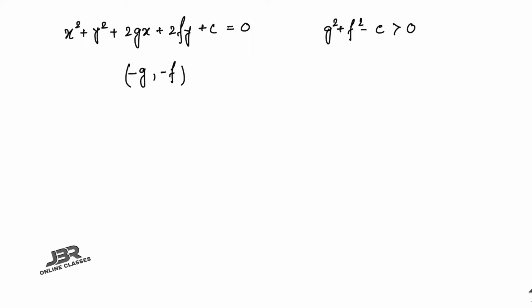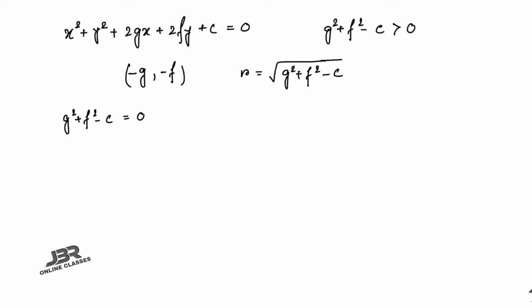Minus g, minus f is the center, and here radius r equal to root over g square plus f square minus c. Is it clear? Now if g square plus f square minus c equal to 0, then the equation